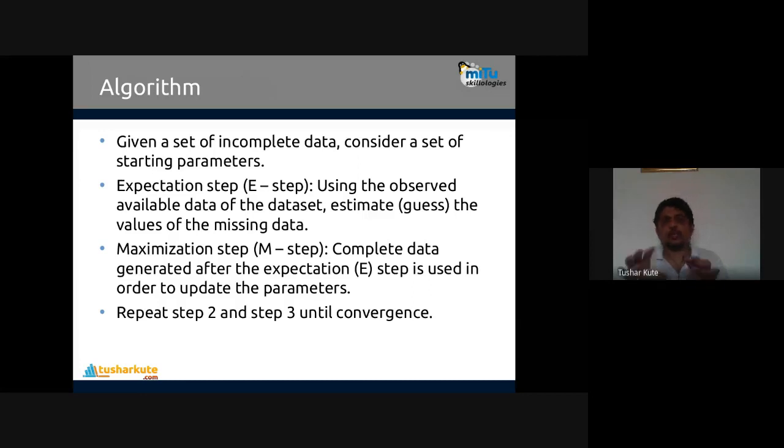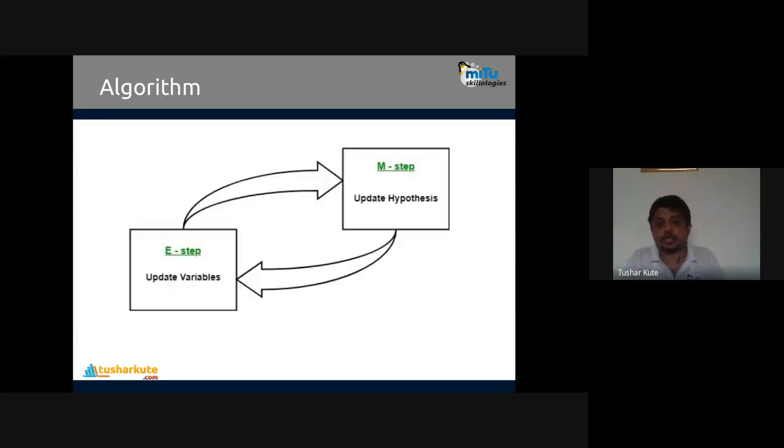For example, we have to create the groups of the data. So I don't know what is present where. So at the expectation step, I assume that the groups will be like this: first center, second center, third center, three groups are there. And then we'll try to get them one by one into the respective group. This is the maximization step. And at the end of maximization, we will have the perfectly created model generated. See this one, this is a simple idea of expectation maximization.